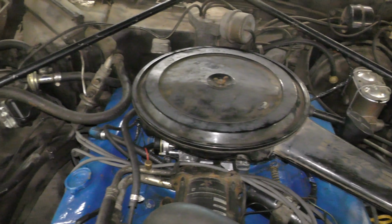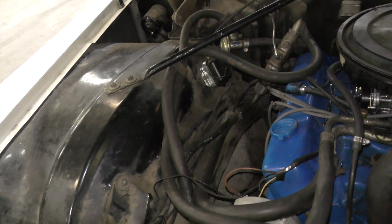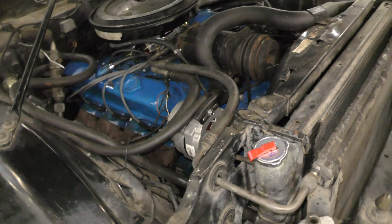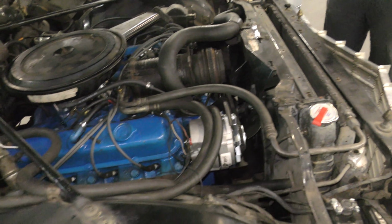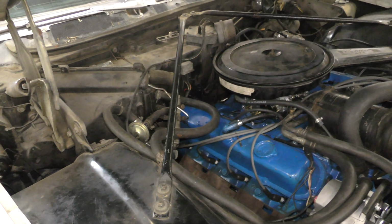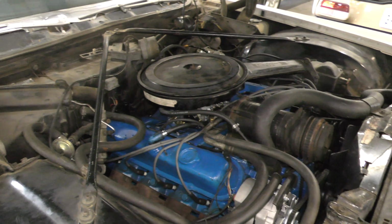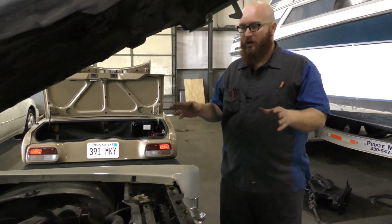In previous videos, you guys saw that we were going to swap this thing out for a little Oldsmobile diesel. After we got halfway through the swap, I started seeing I'm going to have to hack the frame, I'm going to have to cut cross members. And this car is so nice, I made the decision in a previous video, I'm not going to do this to this car. I'm not going to cut it up and hack it up,